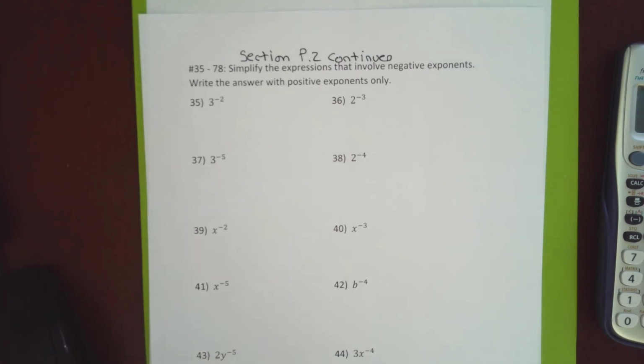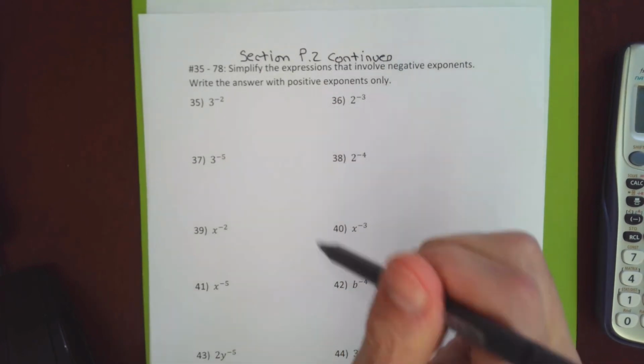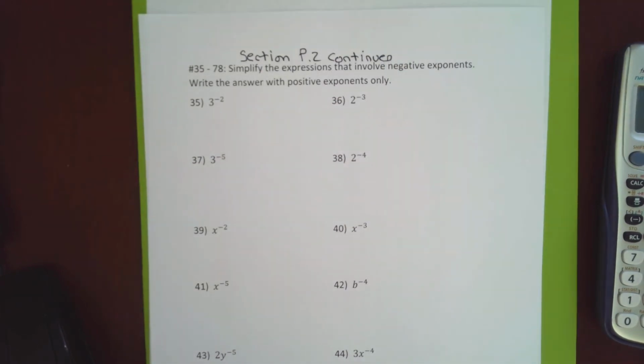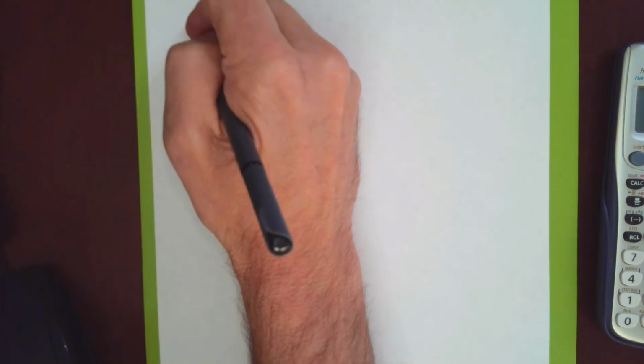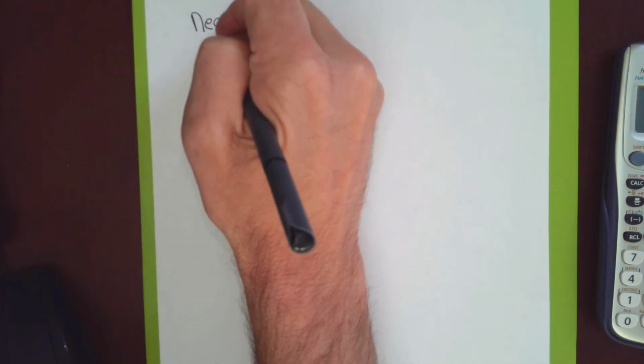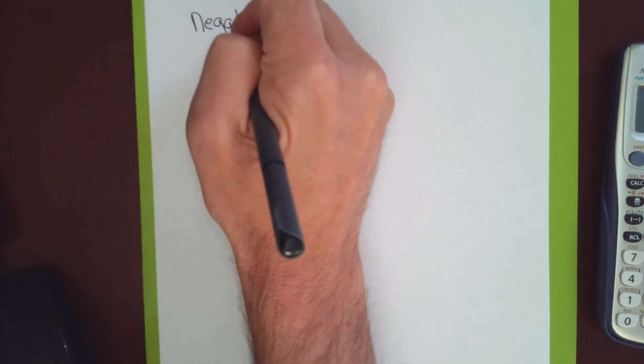So this is the hard part of section P2. It involves negative exponents for the rest of the section, and I didn't maybe introduce negative exponents enough, so I'm going to lecture a little bit of theory before I jump into doing the problems. One big thing I always generally like to write right up front, when we start working with negative exponents,